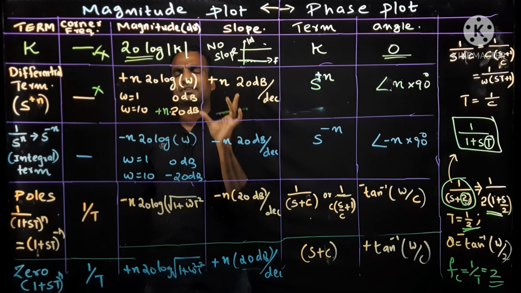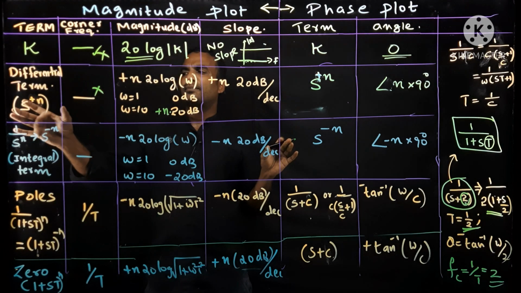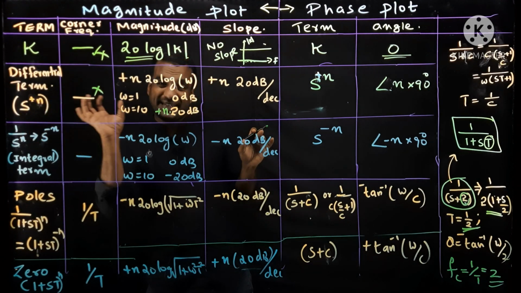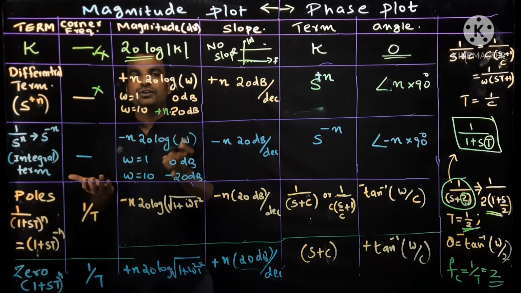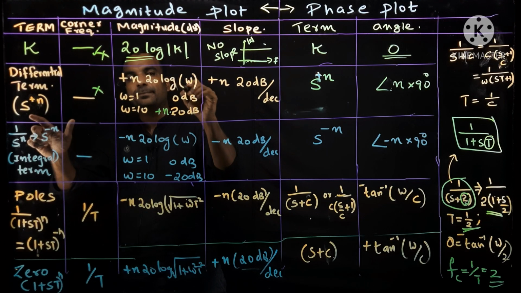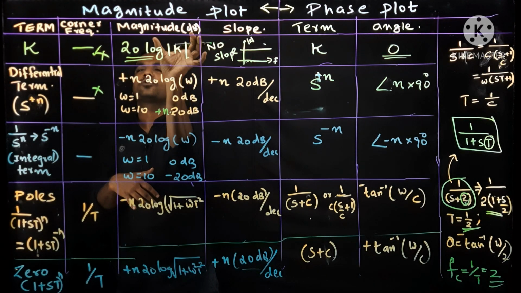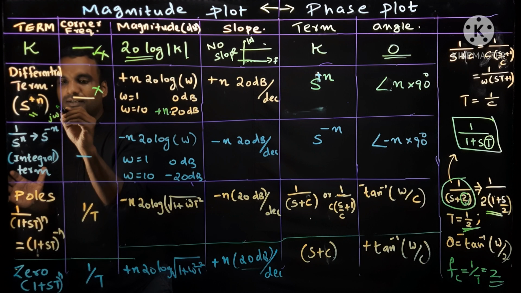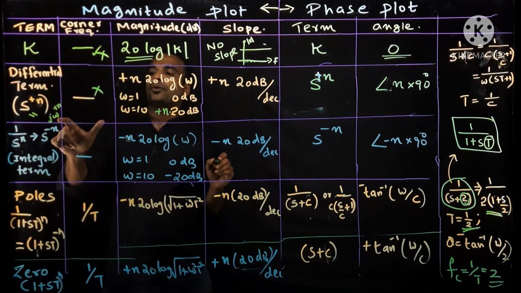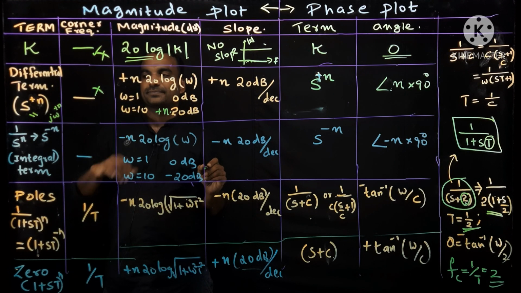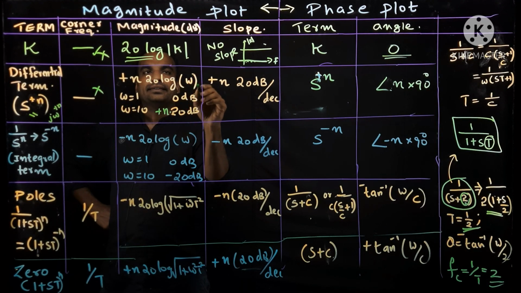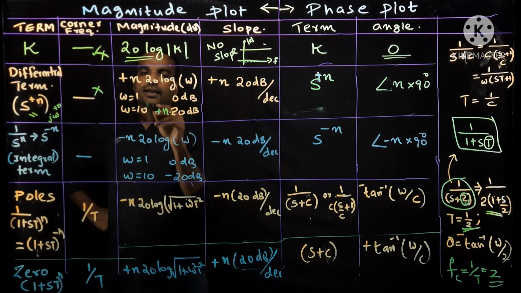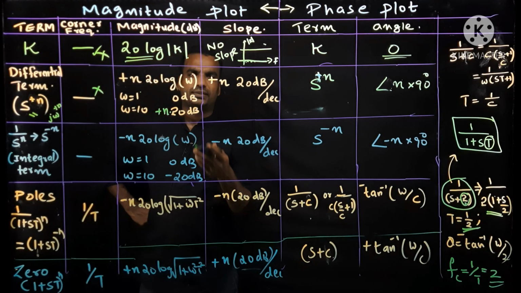So magnitude always represents 20 log of something. If it is a term other than a constant, we have to take its omega component. As it is simply s, you have to put s is equal to j omega. So the omega term inside that s is simply omega. Ignore j because you are talking about magnitude. What I want to say, s is nothing but j omega raised to plus n. In that, omega represents magnitude and j represents phase. That's why inside the 20 log bracket, you have to take this omega. At omega 1, you will get this, at omega 10, you will get this, you can check.